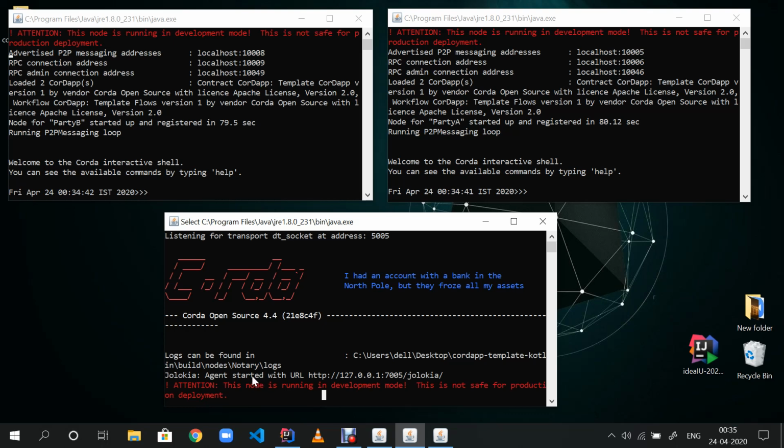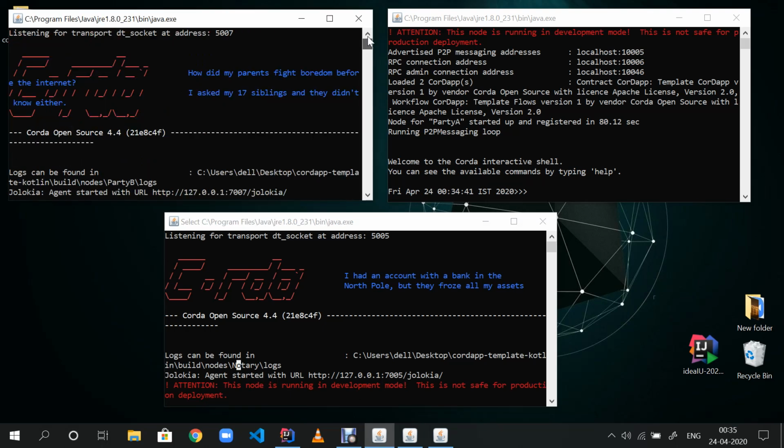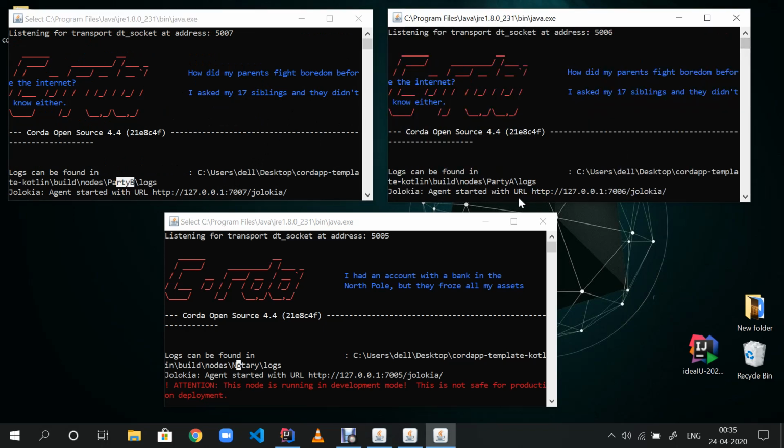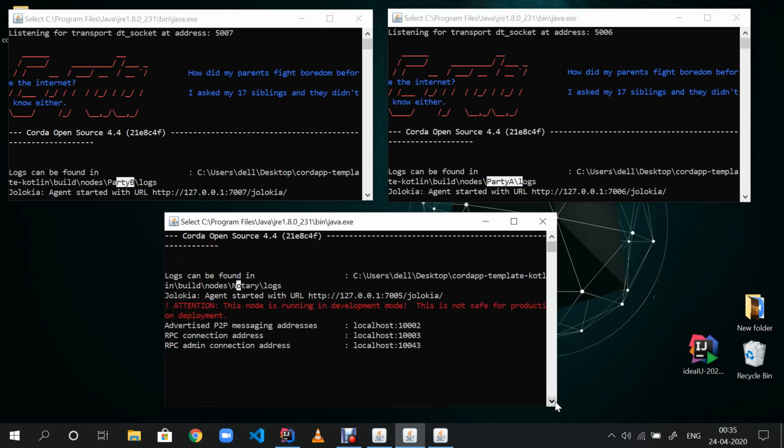You can see the node name here. This is the notary node. This is the party B node, and this must be the party A node. We're just waiting for the notary.